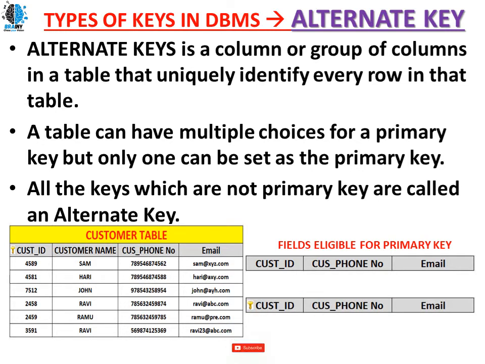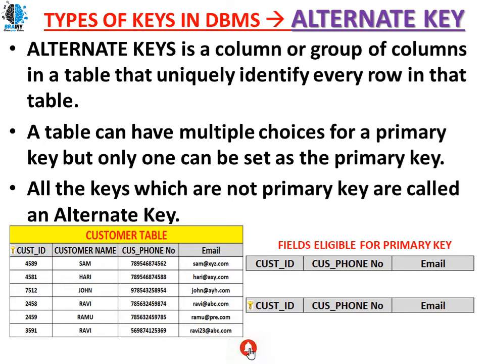I'm going to select customer id as the primary key. Why am I going to select it? Because customer id is created from our organization's side, whereas phone number and email address come from the user end, so they can be changed at any point of time. Customer id will be unique for my database, so I'm making customer id the primary key from these eligible keys.